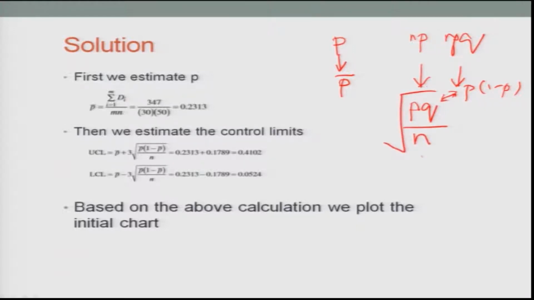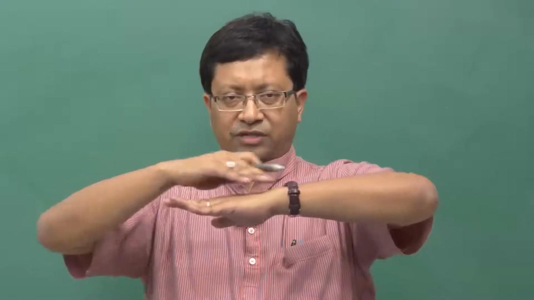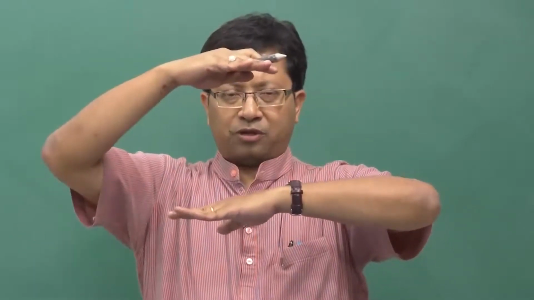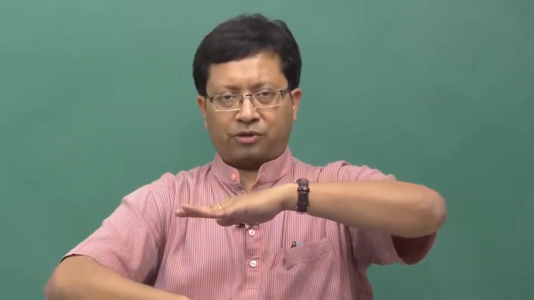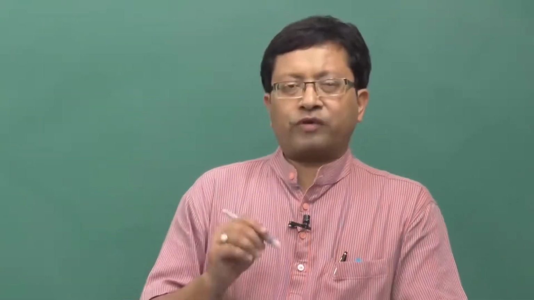So, it has something to do with sigma square by n, or the square root of whatever you are considering. Now, in the normal distribution, the mean was mu, which was replaced by x bar, plus or minus. The central line is x double bar, the upper control limit will be on the higher side, and the lower control limit with the lower value. If you want to find out the dispersion over and below the mean value, which is x double bar, you have to add some